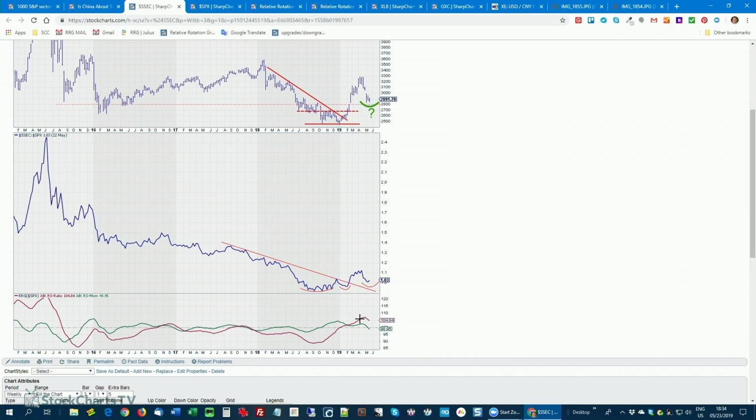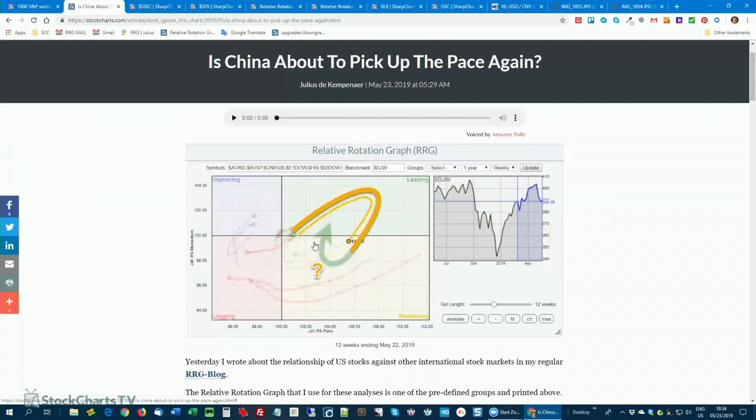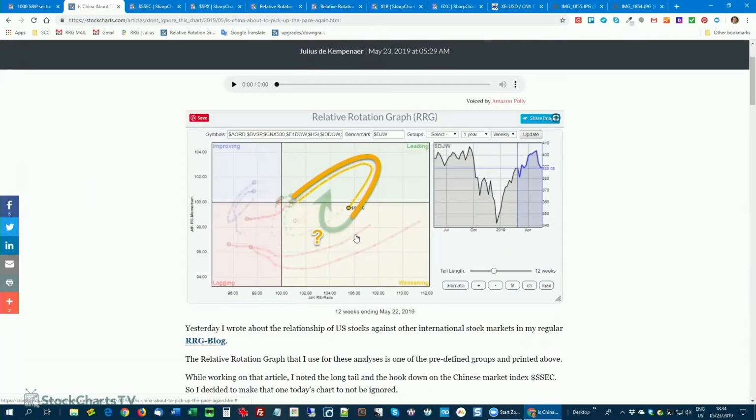It's now above it, seriously above it, and in its first corrective move. So if we can hold up, where is it? This rotation here, then China might actually be an opportunity going forward when that 2,800 support level in the Chinese market index holds up. One thing I need to emphasize here, and I think is very important, it's maybe one of my things that I talk about too much and people get bored, but